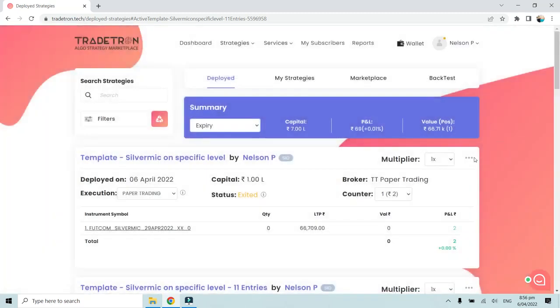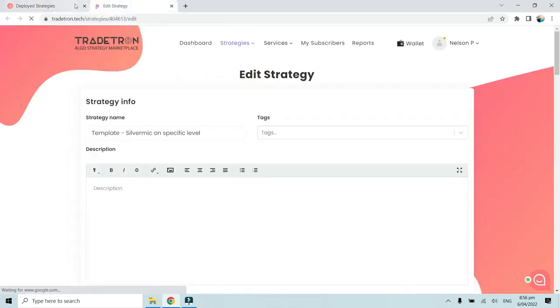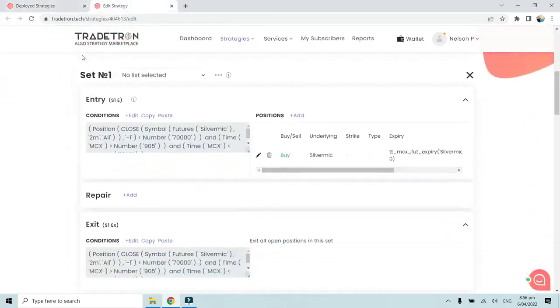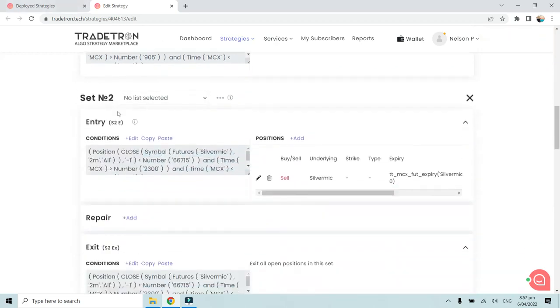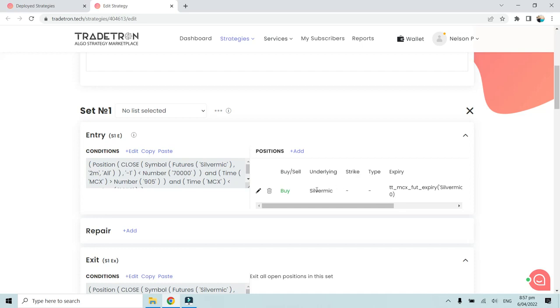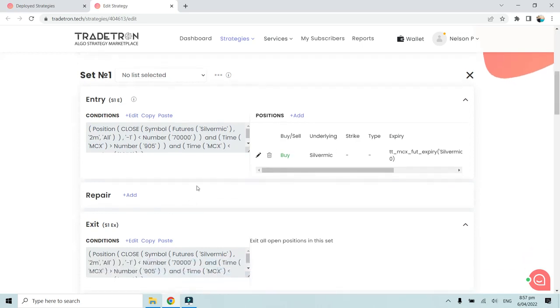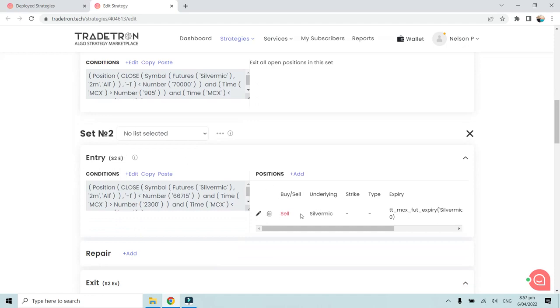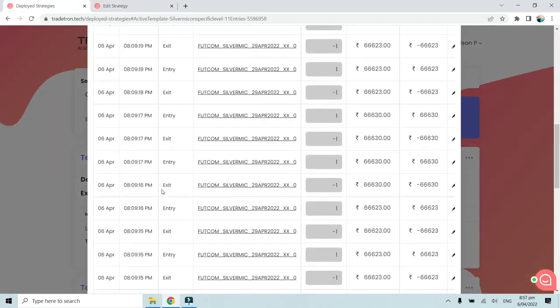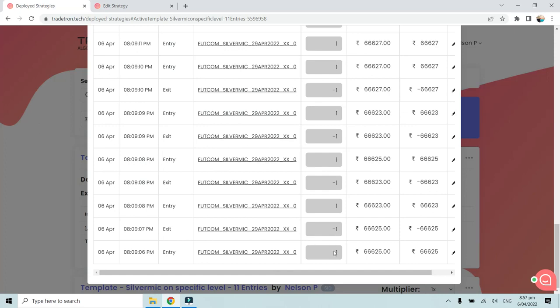We will open the edit page of this strategy to check the conditions that are matching. Once we open this edit page, let us go to the section where we are entering a buy position in silver mic. Set number 1 is where we are buying a future, going into a long position, and set number 2 is what we have created to go into a short position, that is selling silver mic. Since the set going into the loop is the buying set, where we buy the particular future of silver mic and exit it from there,